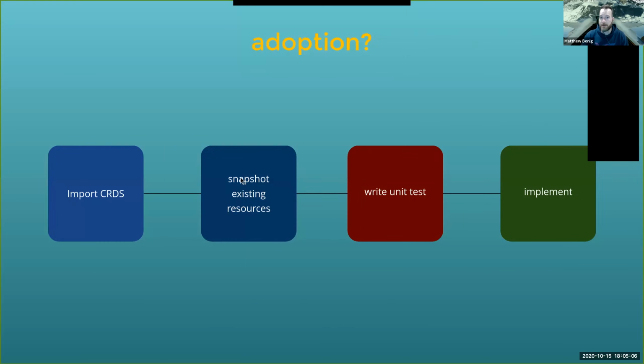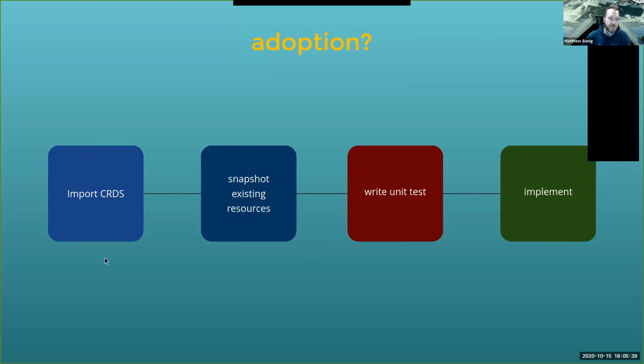So what does adoption look like? Let's say so far you're kind of liking what you're seeing. You're thinking, oh, this sounds like it'd be really cool, but what does it actually look like to replace what I've currently got in my Kubernetes cluster and my Helm charts and things like that with the CDKs? Well, there's basically a 4-step process here. And if you click on this link on the slide deck, you'll go to a blog post that I did about a month or maybe 2 months ago now about how I worked this with my own Kubernetes cluster that runs a couple of side projects and things.